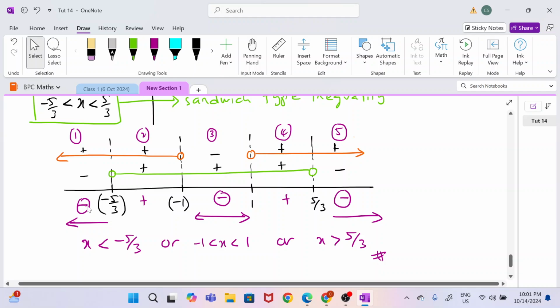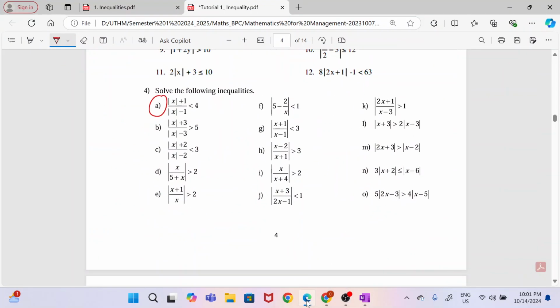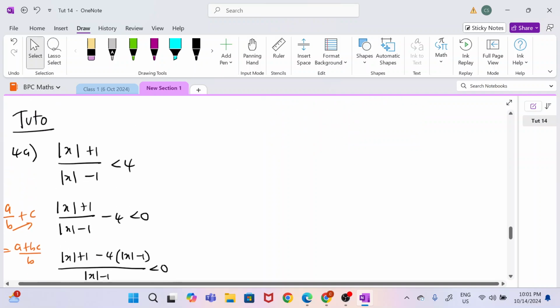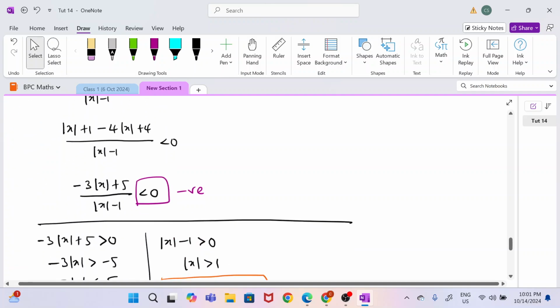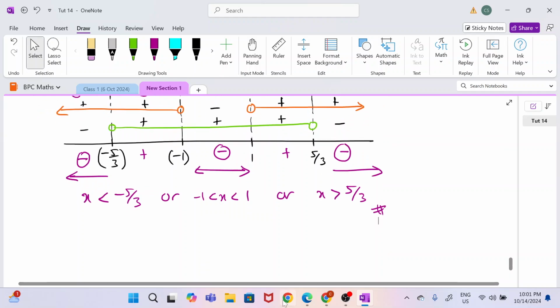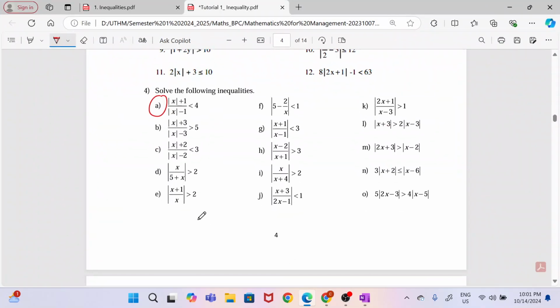The next question I'm going to do is, never mind, if you don't understand, still try to understand this one. Later you can see the video and see it again. I will share this. Okay, if still cannot, then you can ask me in the tutorial Wednesday or next week. Next question I'm going to do is,